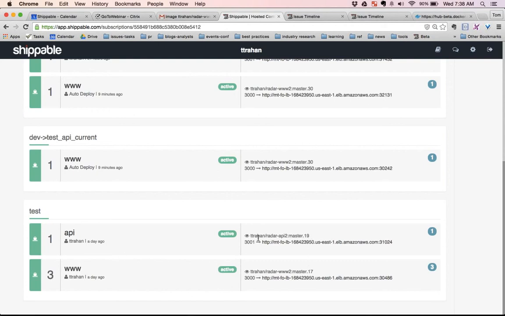Over here, you can see the version numbers of the images that have been deployed. So you can see my Docker Hub repo here of T-Tray and Radar API 2. You can see the tag that I've decided to deploy, which is the master.19 image. And you can also see the internal port that's been exposed for this and the external address because this has been externally exposed as well. And likewise, the same information here for my web layer. And so you can see with this particular one, this is my web address